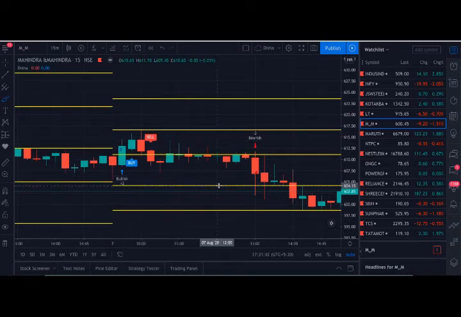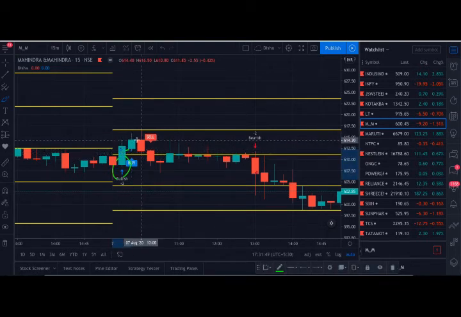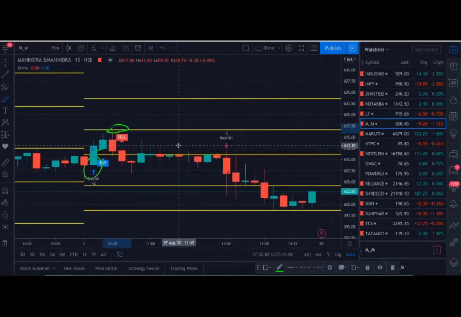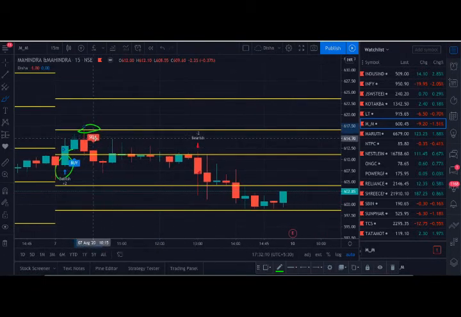Here the same thing, bullish buy, but you can place a buy order above this, but the first target is always this one. So the first target is already met. You would have trailed your stop loss here, so there might not be much loss here. Here sell, then after sell it has given bearish, so avoid.